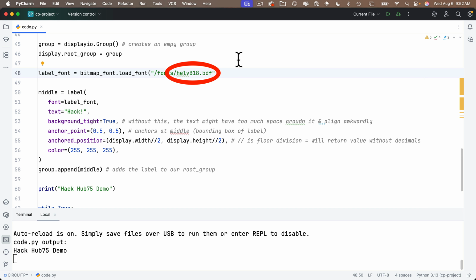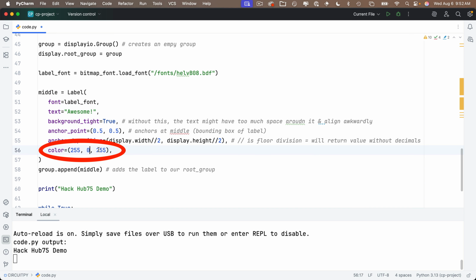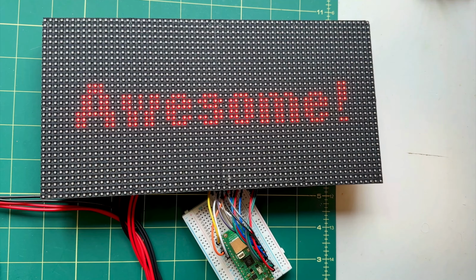So why don't we change our font to a smaller font? Why don't we make that Helv B08? Why don't we change the text to read awesome! And change our label color to red, that's 255, 0, 0. Save again, and look at that. It is awesome. Fantastic work,